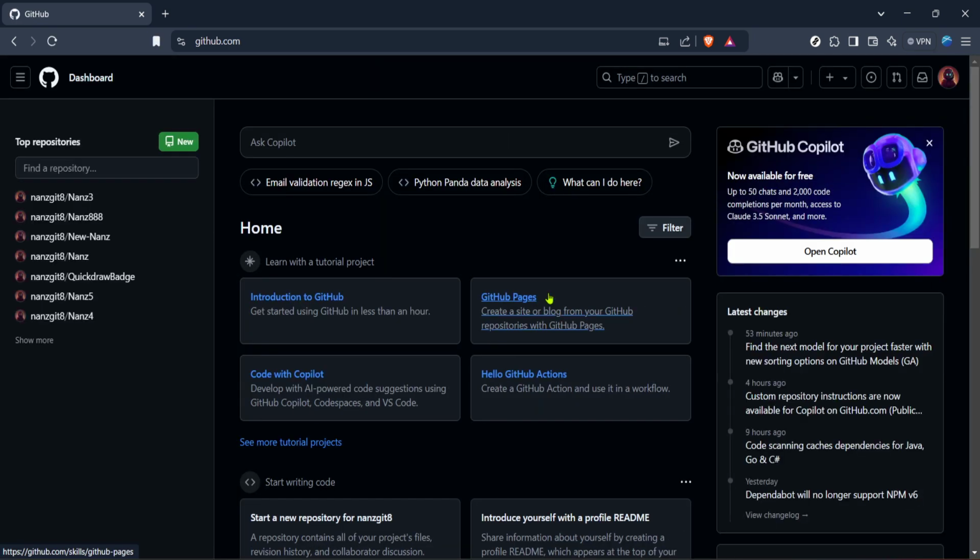The next move is to go to your GitHub dashboard. It's kind of like your command center on GitHub, where you can see notifications, view repositories you're working on, and keep track of your daily activities. You might be asked to verify your identity if you're signing in from a new device or location, which is a great security feature GitHub offers.